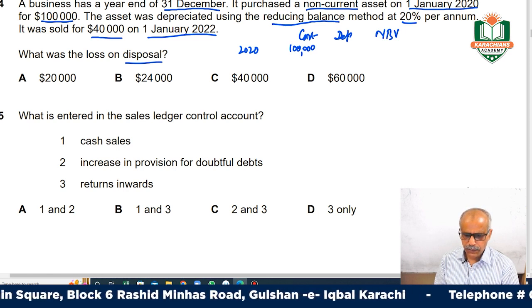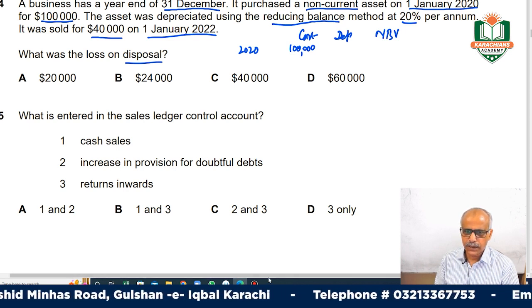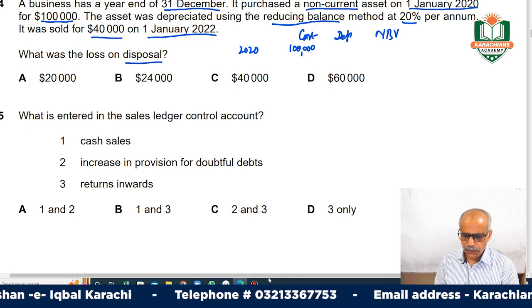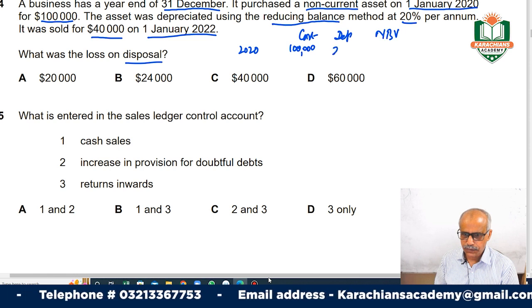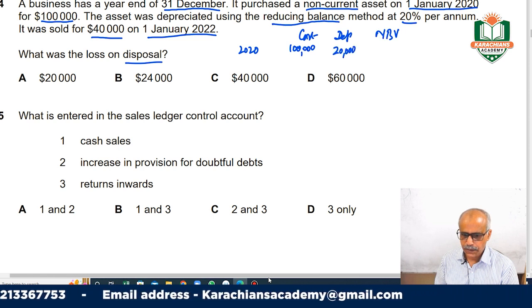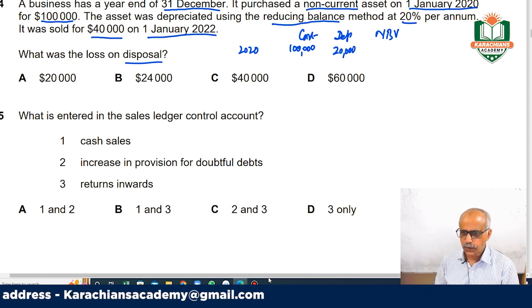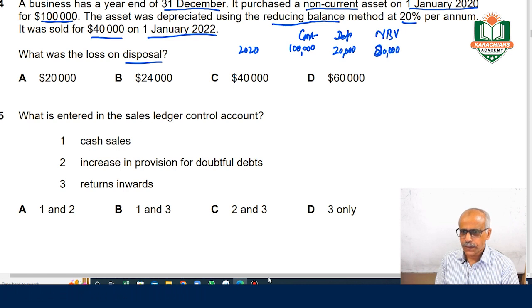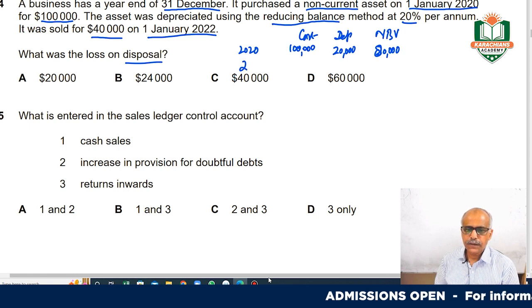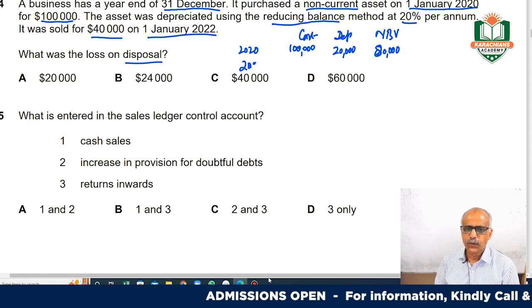If we calculate depreciation on 100,000 at 20%, the depreciation would be 20,000. So net book value will be 80,000. So next year, 2021,